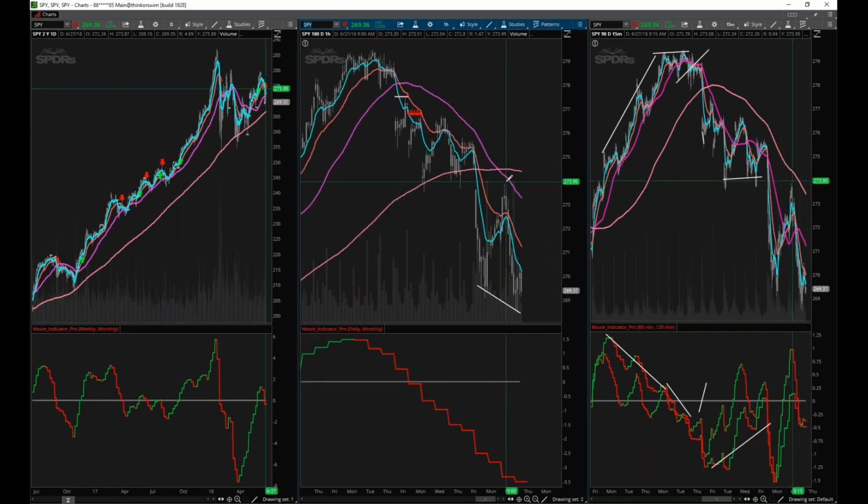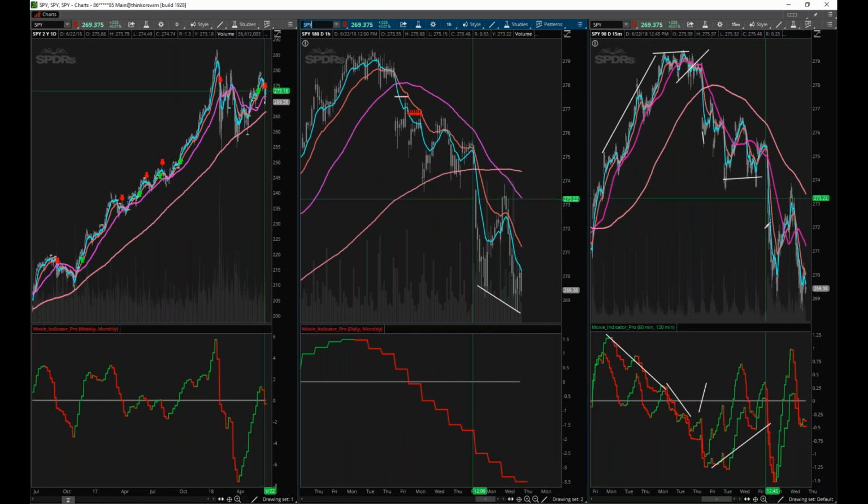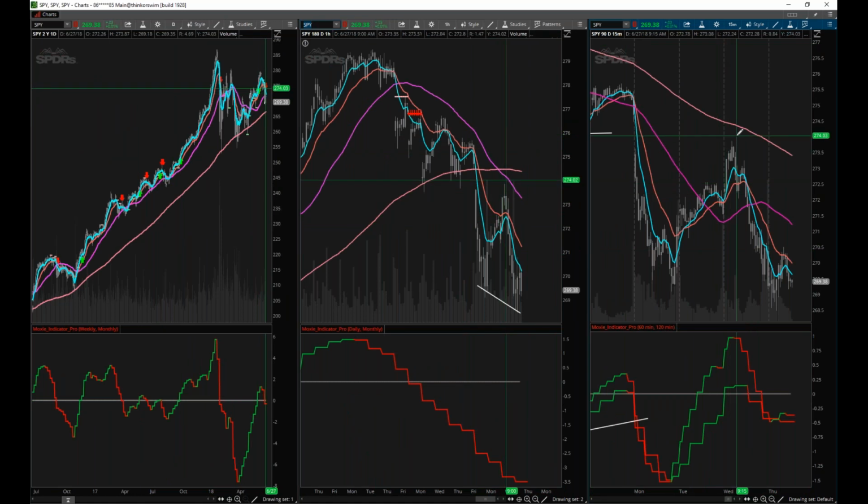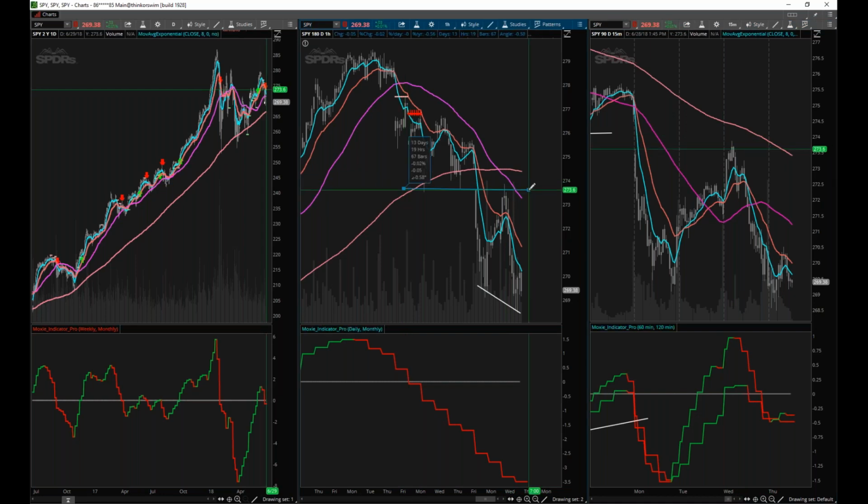So this is why I use multiple time frames, so that I have context, so that I'm not down here in the weeds on the 2-minute and the 5-minute saying, oh, why did this thing reverse on me? Well, because it ran right into the underside of the hourly 50, and it also hit this previous price level. It's like reading a book. You need to be able to see all the various pages.